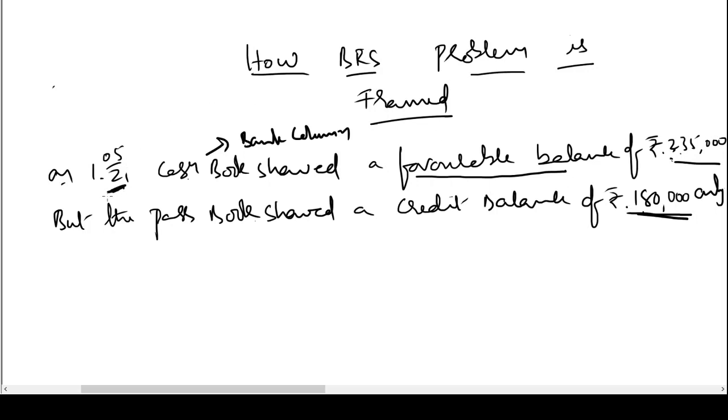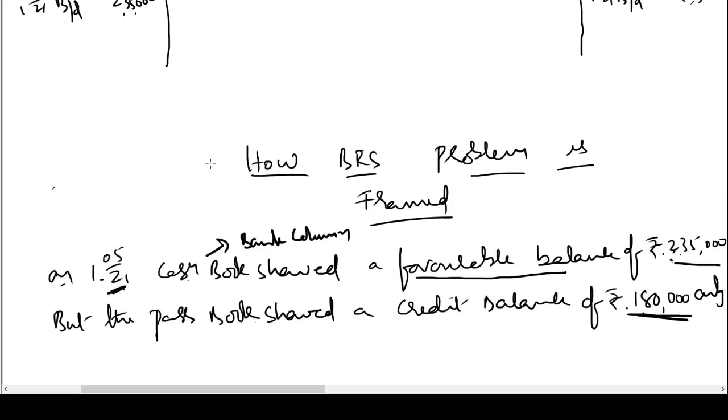So now the question arises, why is there a difference in the balance? How to find out the reasons for differences? Both should be the same. If I say I have 10 rupees in my bank account, bank should say, yes boss, you have 10 rupees in your bank account. But there is a difference here. So how do I ascertain the difference? What we do is, we take the cash book and the passbook for the earlier period and compare them. How will we do the comparison?